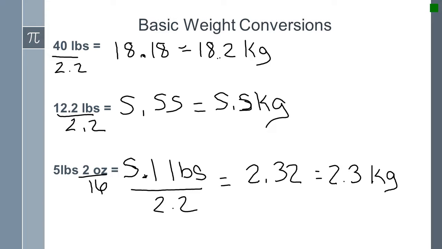Now on the next one, you see that we have 12.2 pounds. Now our point is not the same as ounces. That's what we'll do on the next problem. So when you've got 12.2 pounds, it's exactly the same way. I'm going to divide that by 2.2 to make it approximately half. So when we take 12.2 and divide that by 2.2, then we've got